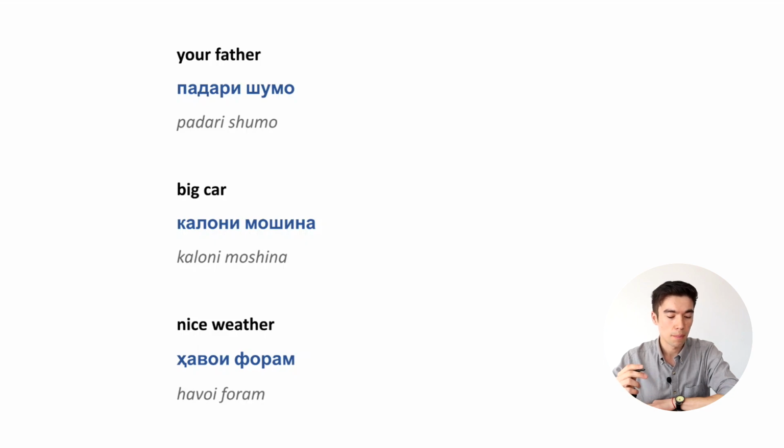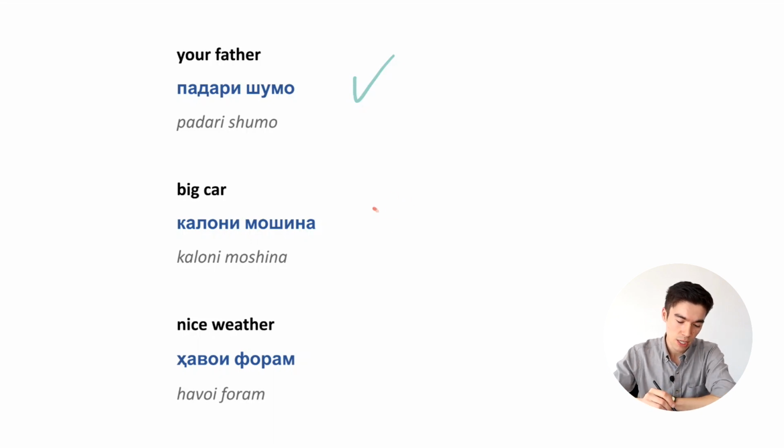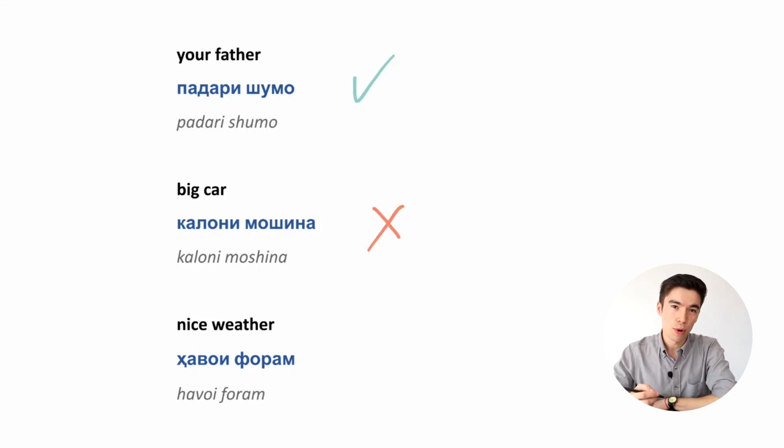Okay, the first one. Your father. Padari Shumo. So the noun goes first and then the possessor. Yeah, this one is correct. Alright, and the next one is big car. Kaloni Moshina. This time around, first goes the adjective and then the noun. This one is incorrect. So as we said earlier, it's not like in English. In Tajik, first the noun and then the adjective. So that's why this one is incorrect. So the proper way would be